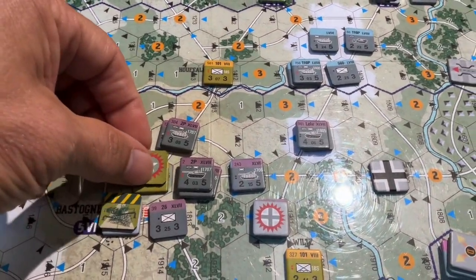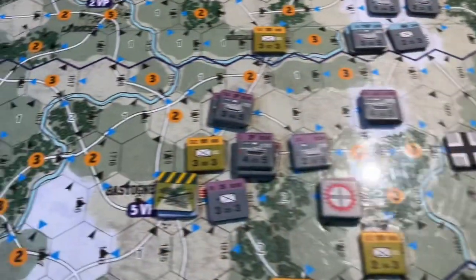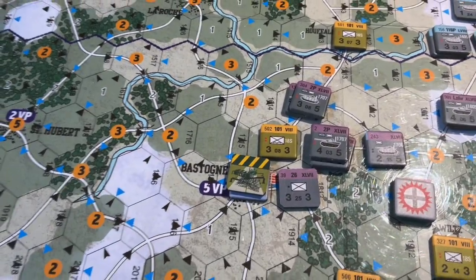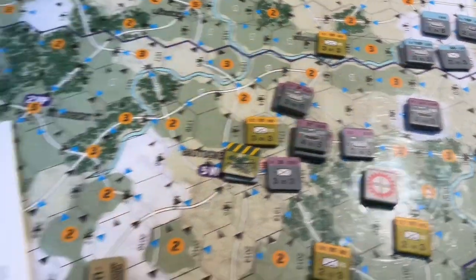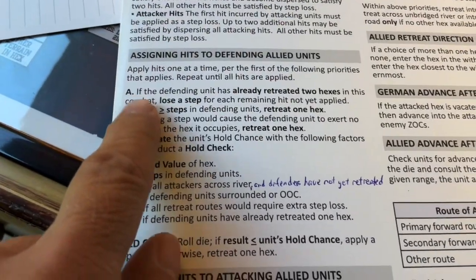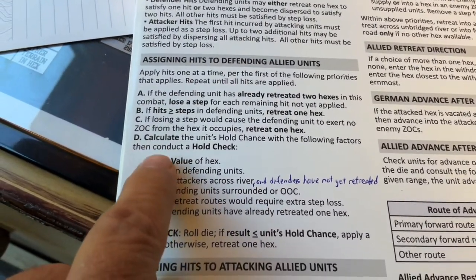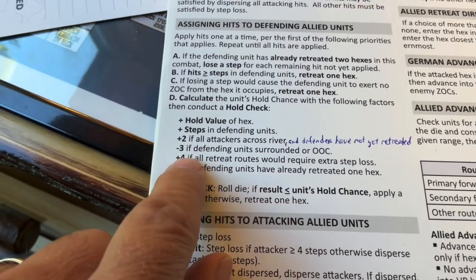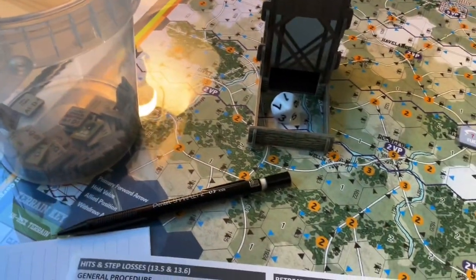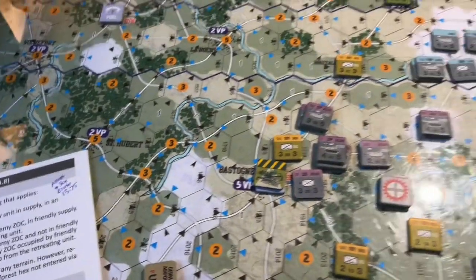2 hits. The first hit is on the improved position marker, so that comes off. So we have 1 hit against 2 steps. The hold value of the hex is 3. So it's going to be calculating the hold chance. It's a 3. That makes it 5. Nope, nope, nope, nope. So a 5 or less means he holds. It's a 1. So he holds position and takes a...